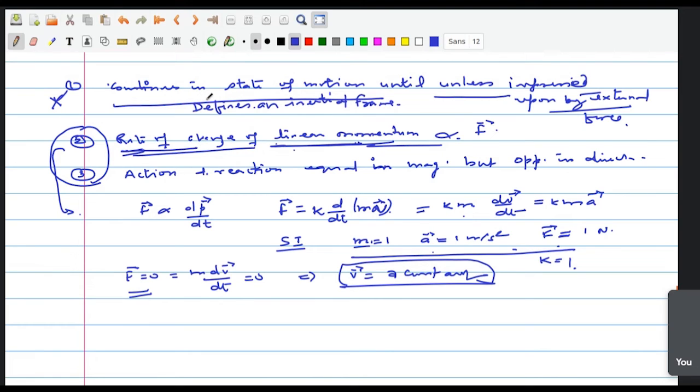The object continues in the state of rest or in motion unless acted on by an external force. So this is the nature of the frame, in which it will happen. And if that frame is there, then the second law is applicable. So the first law defines the inertial frame, and simultaneously it also defines the inertia of the system. The inertia is because of the mass, but it is not the mass itself. So these are intricacies of physics, but if you dip into it, you will learn it properly.